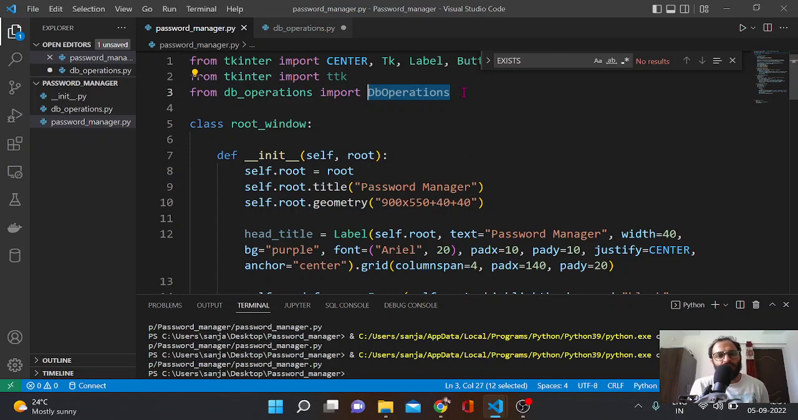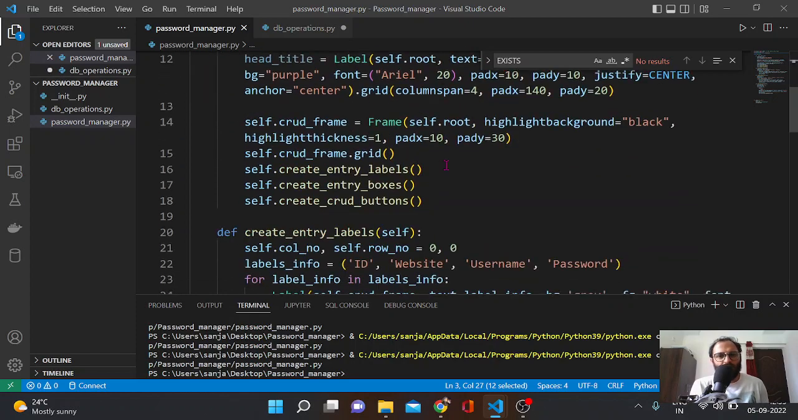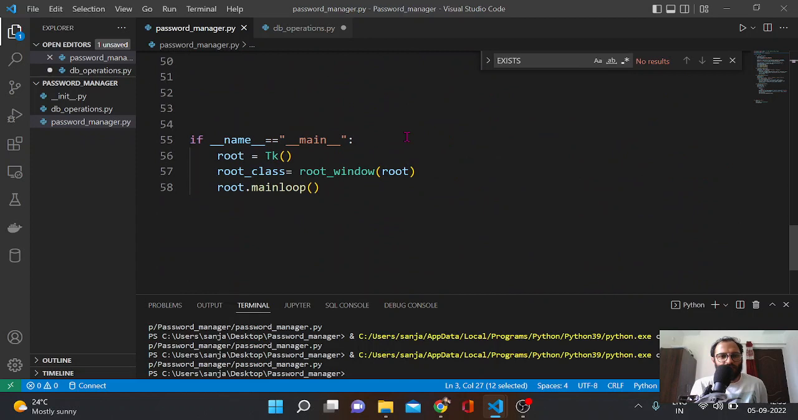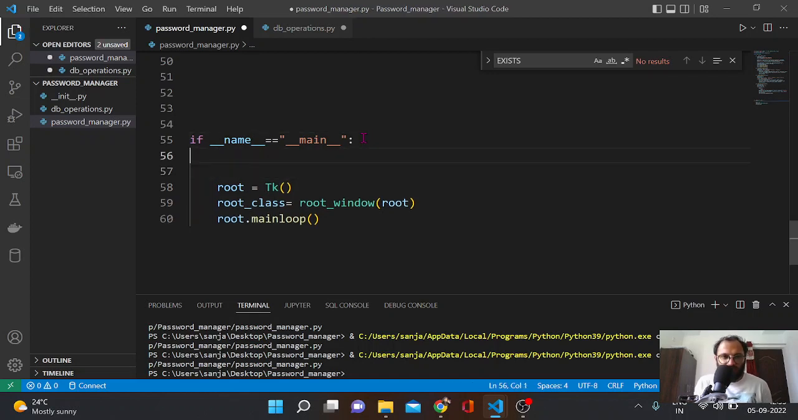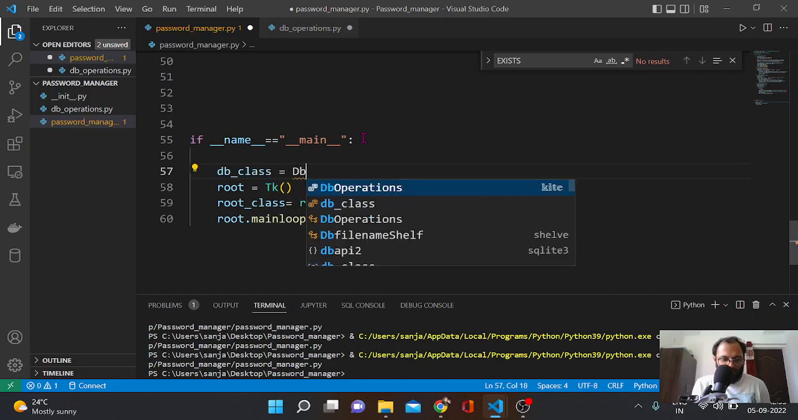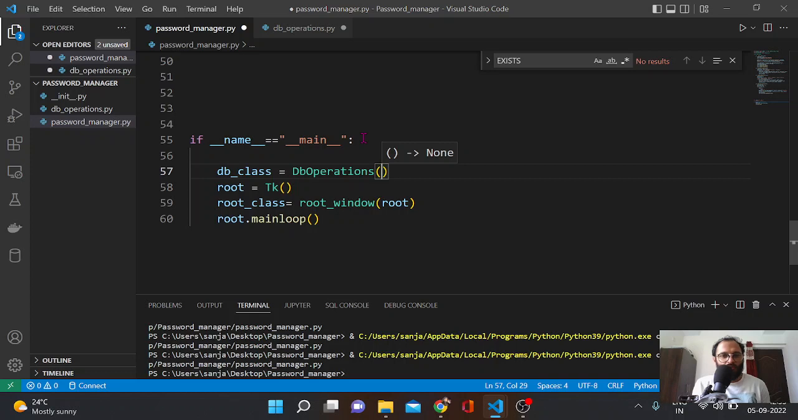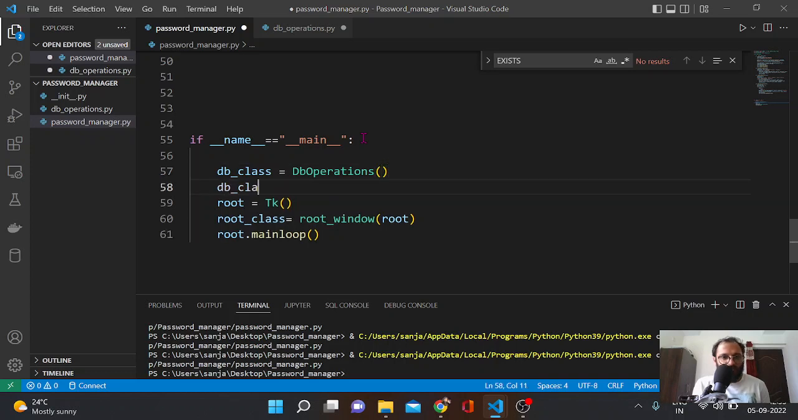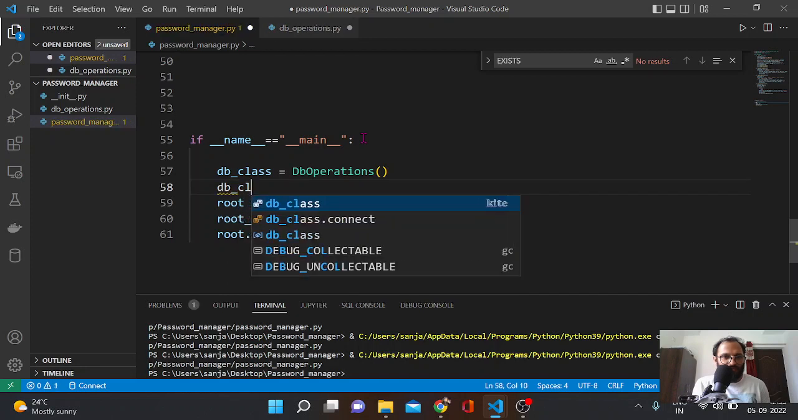Because our table would get created only once, let us call this before creating the root Tk window. So my db class would be like this: db operations, yeah, this one. And let us create our table, that is, db class dot